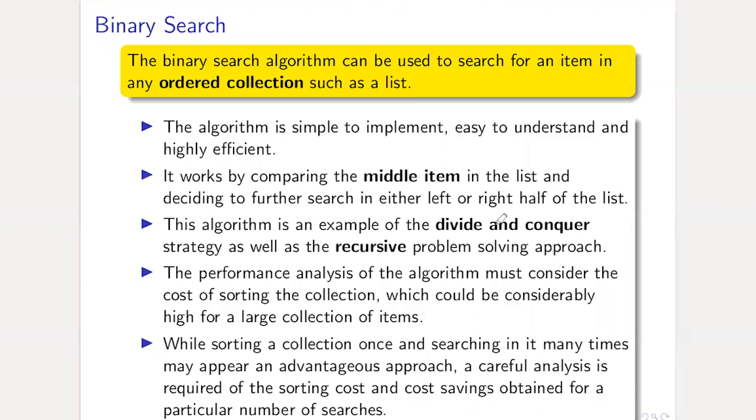So essentially, the problem keeps getting divided into either a left half or right half, increasingly getting smaller, and at some point it can be trivially solved. So as I mentioned, the performance analysis, when we do it, we essentially look at the search cost only,